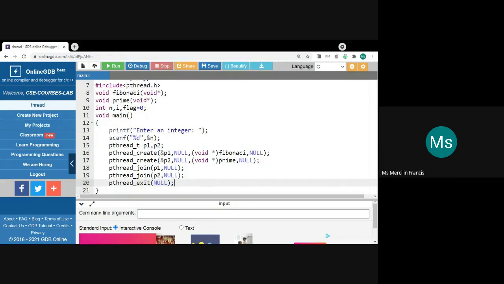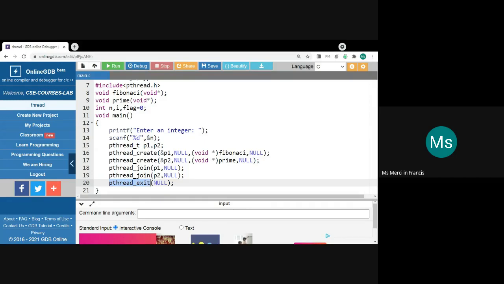Once it points to null, you can make use of pthread_exit in order to terminate the thread. In order to stop the execution of the thread, you can make use of pthread_exit. Similarly, you will have some other functions like pthread_detach. While executing, some resources might be allocated for the threads. In order to detach those resources from the thread, we make use of another function, that is pthread_detach.